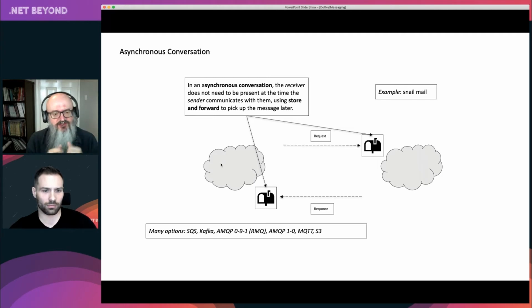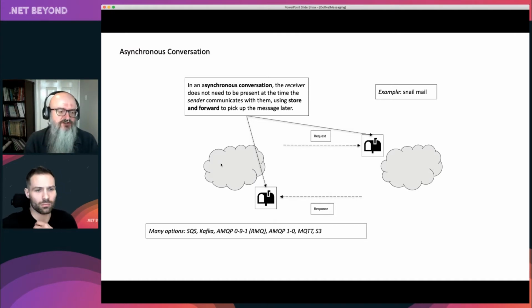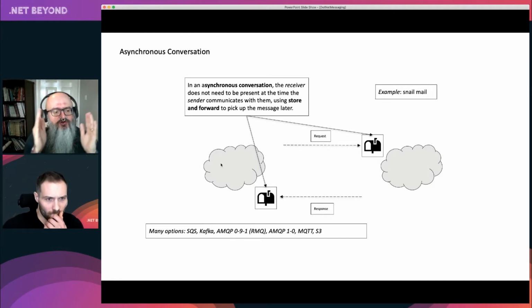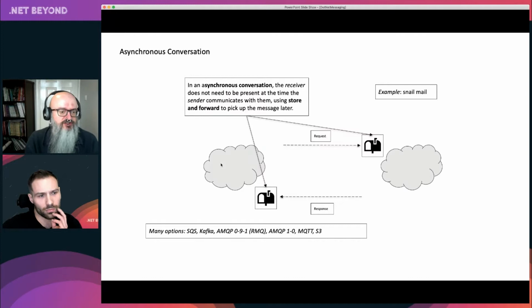And sometimes I find people get this a little confused, particularly .NET developers, seeing an async keyword, where async really means, hey, hand this over basically to the event loop in order to allow my program to continue while I'm doing some I/O. And that you can therefore do a kind of synchronous conversation, right? I can make an HTTP call to you and, hey, I'm async, right? But actually your conversation is still synchronous. The other party needs to be present. You just allowed your program to continue while you're having that conversation. You're having that conversation, but at the same time you're browsing the internet.